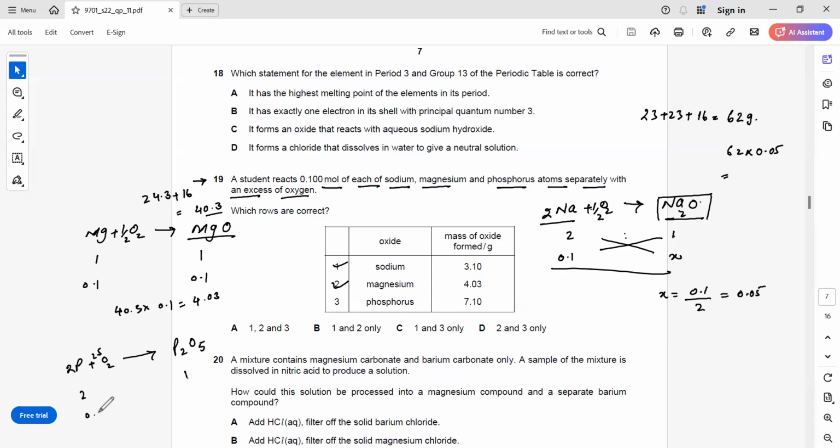If this one is 0.1, just like sodium, how many moles of P2O5 will it produce? 0.05. And if you multiply it with its molar mass, 0.05 multiplied by the molar mass of P2O5. Phosphorus is 31 plus 31, plus there are 5 oxygen atoms, so 16 times 5. If we add it, the answer is